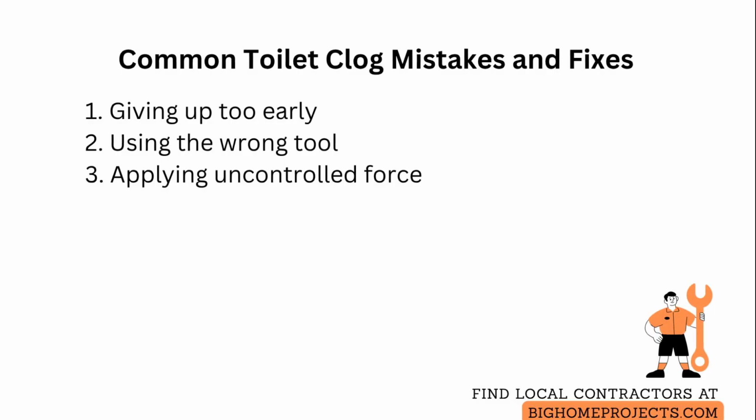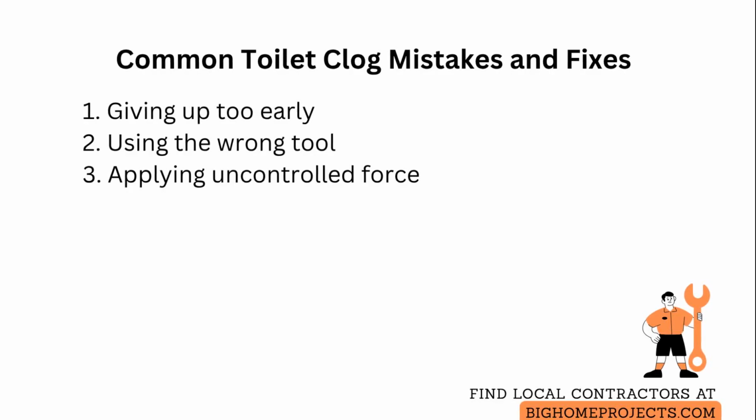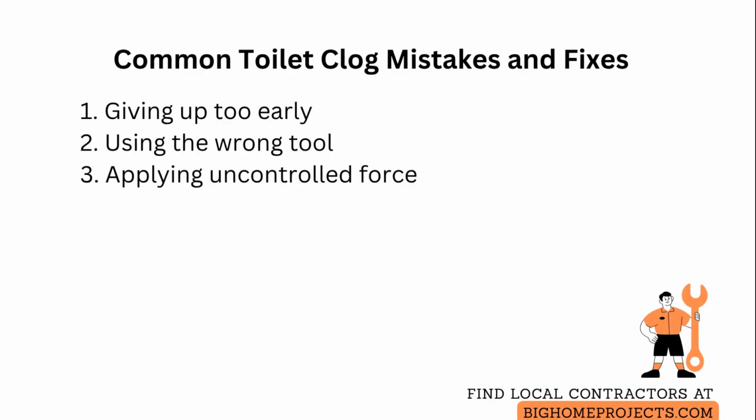Yanking or hammering the auger or plunging wildly can chip the bowl or damage seals, so apply steady, controlled motion and stop if you encounter hard resistance. At that point, inspect for foreign objects such as toys, sanitary products, or a broken fixture part which require removal